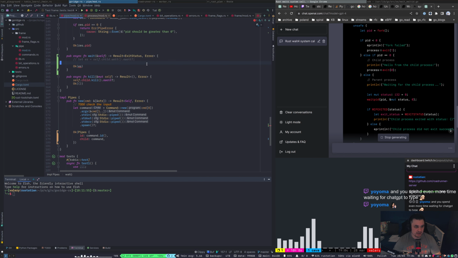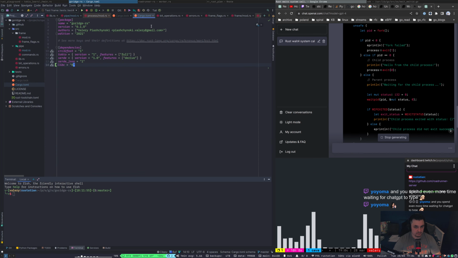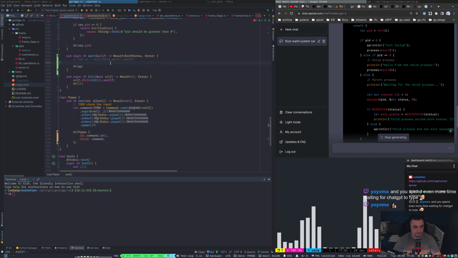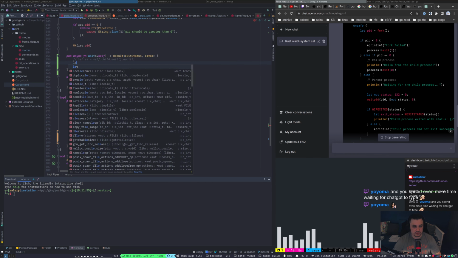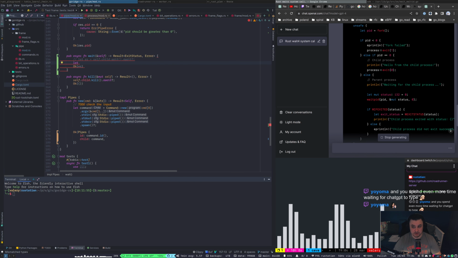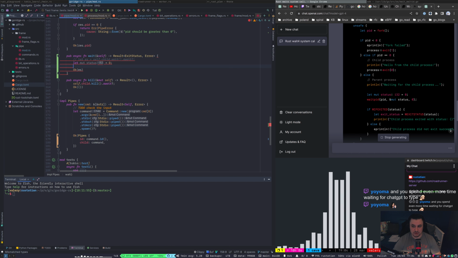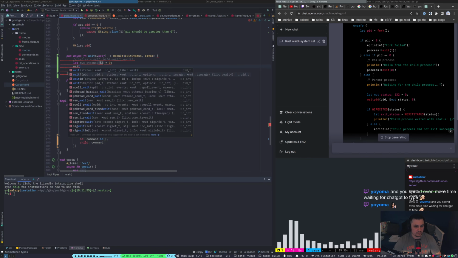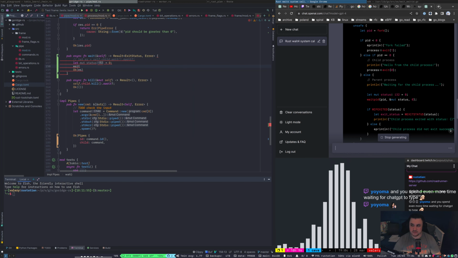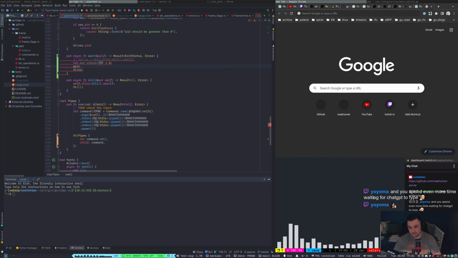Okay, so in this case, if we use libc, we can basically do like ChatGPT suggested, use status which is equal to 0, and then wait. Why are we not using wait for, but waitpid? So I guess waitpid, but we have